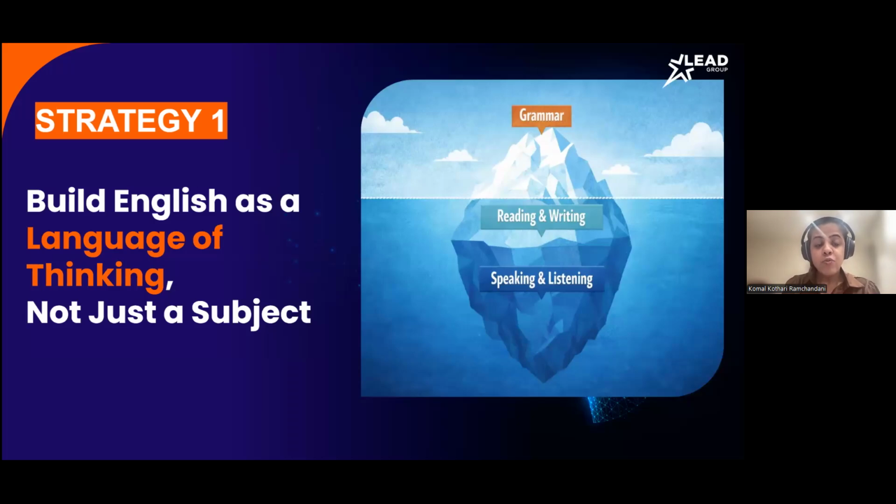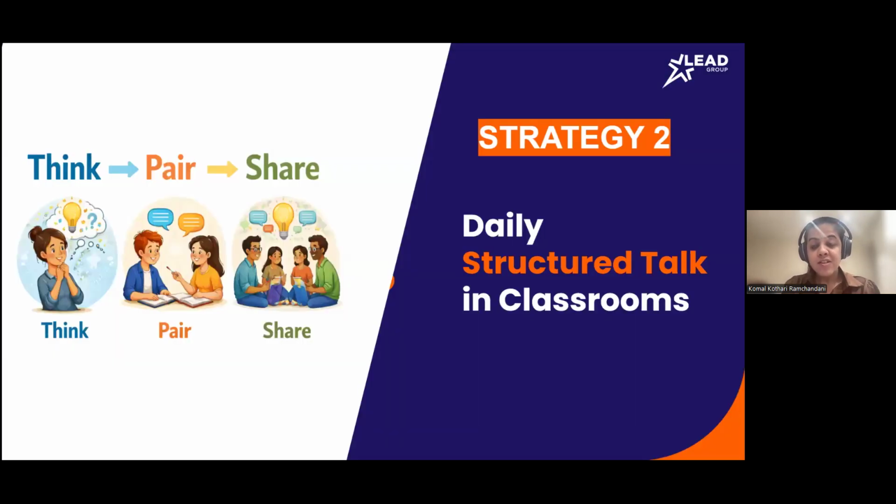So, as school leaders, what we enable matters. Do we allow time for talk? Do we tolerate imperfect English? Do we clearly communicate that fluency matters more than accuracy? This is not about adding a new period, it is a mindset shift where we allow the space for children to just explore talking in English a lot more than we normally do. And it's okay to accept the mistakes that happen while they are attempting. So that's the first strategy, helping build English as a language of thinking and not just as a subject.